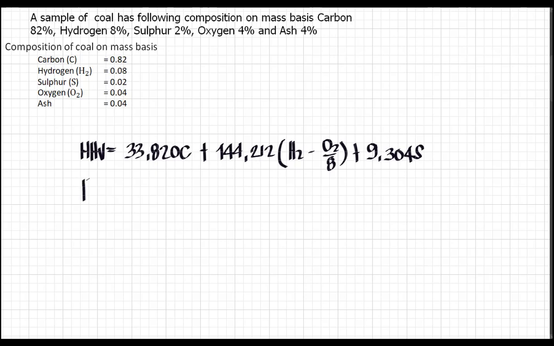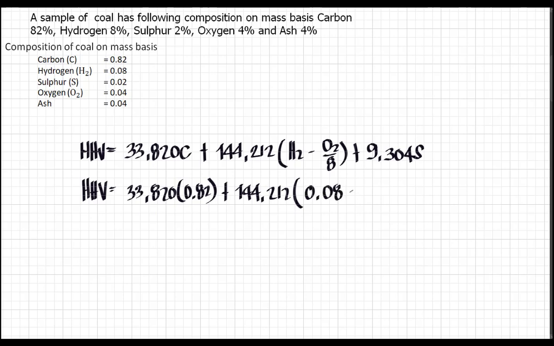Okay, so let's do that. So the higher heating value will be 33,820 multiplied by the value of C, which is 0.82. Then we have 144,212 times hydrogen, 0.08, minus oxygen, 0.04 divided by 8. Then plus 9,304 multiplied by the value of your sulfur, which is 0.02. Okay, so using our calculator,